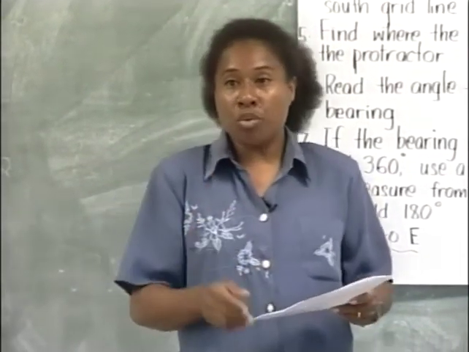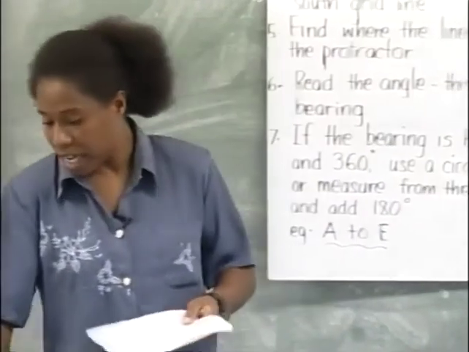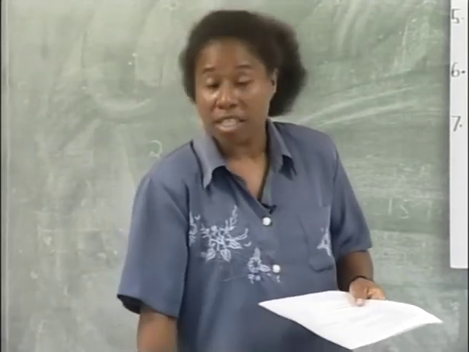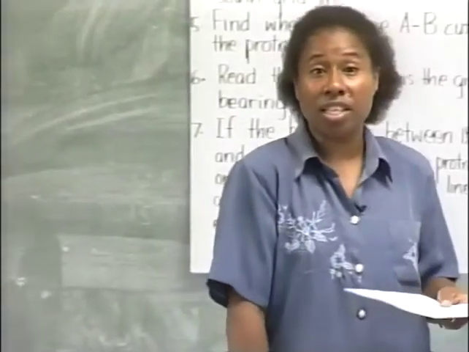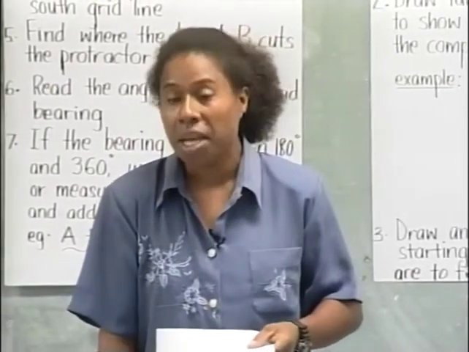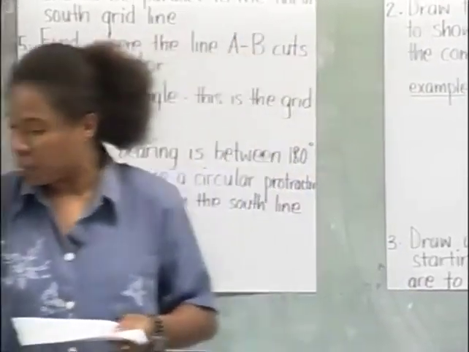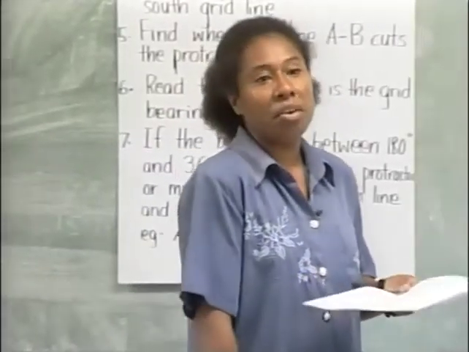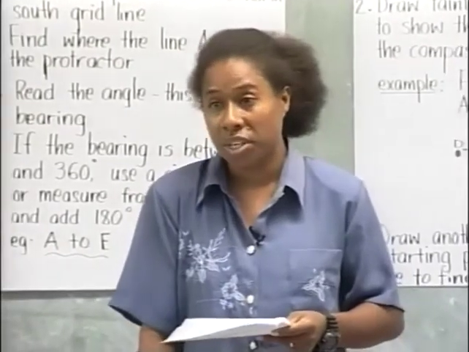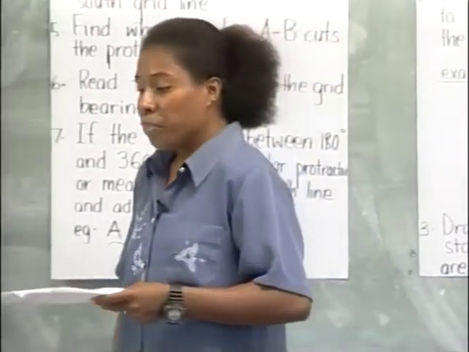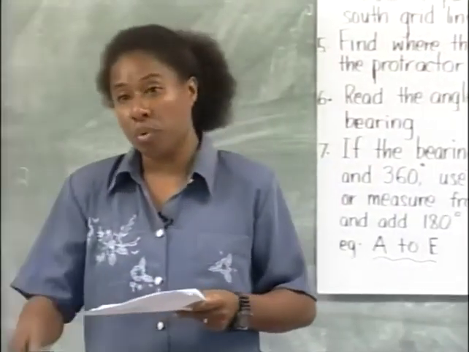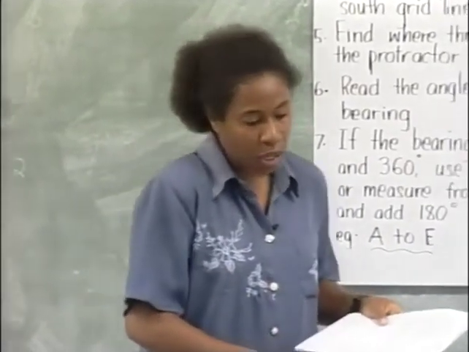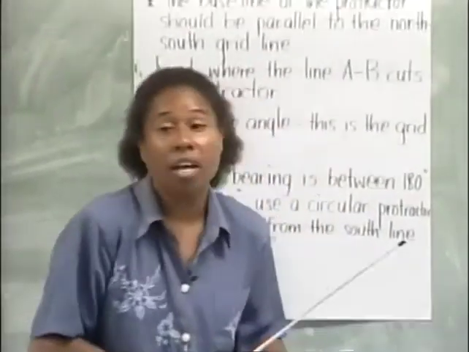Today we are going to move on to looking at a little bit more on bearings, another way of giving directions. But this time, instead of using the 16 points of the compass, we use degrees, because bearings is usually given in degrees. We looked at the 16 points of the compass yesterday, and we also put in the degrees for the 16 points. So if we can quickly recall and revise on that,